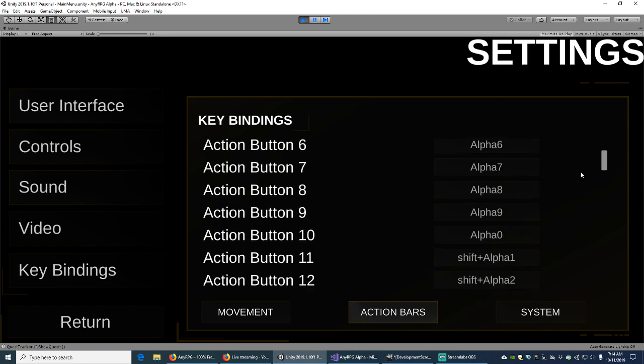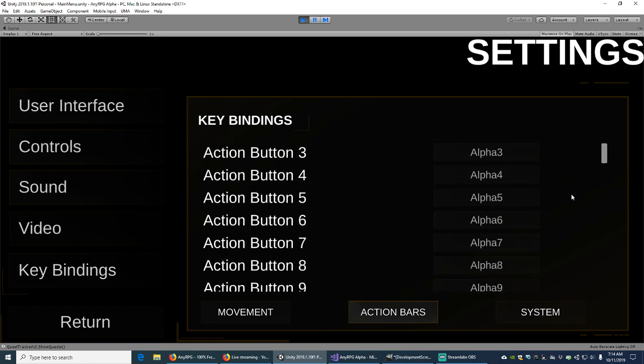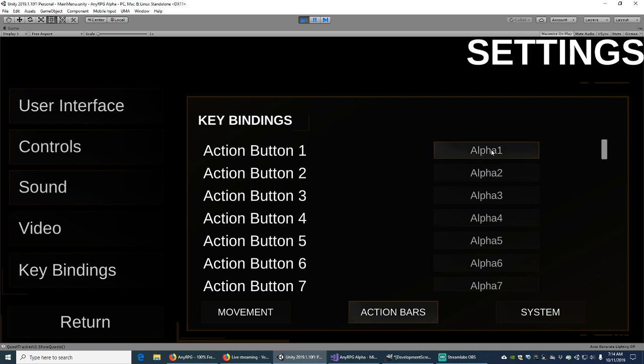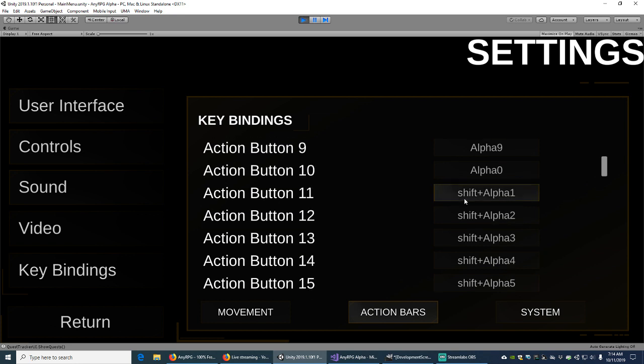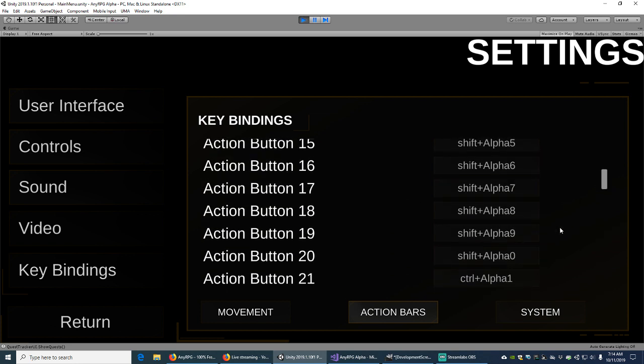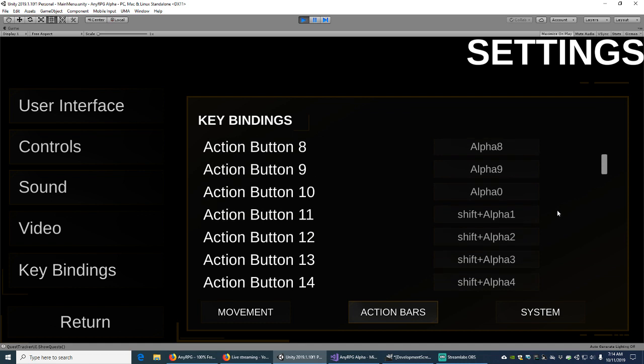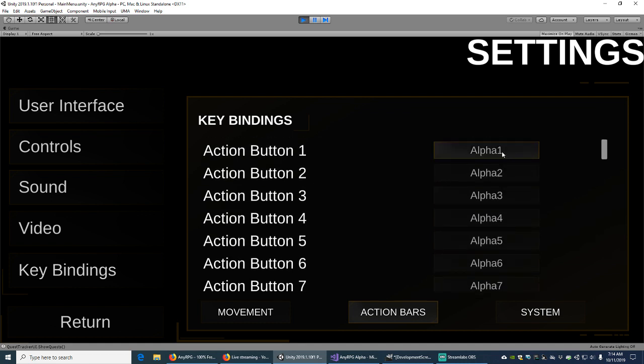I wanted to set one of my buttons to have control or shift on it. And you can see we actually support this. We have shift alpha 1, control alpha 1. So that's great, but